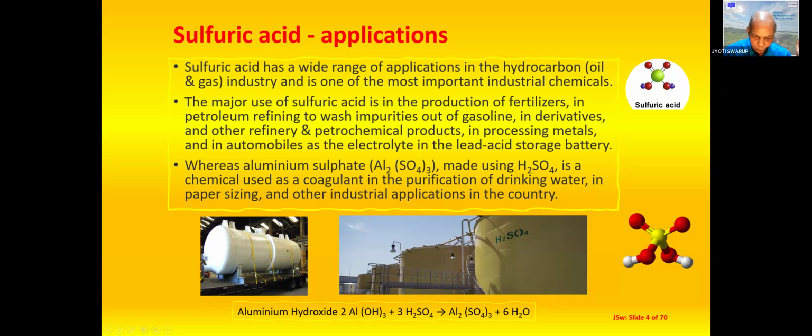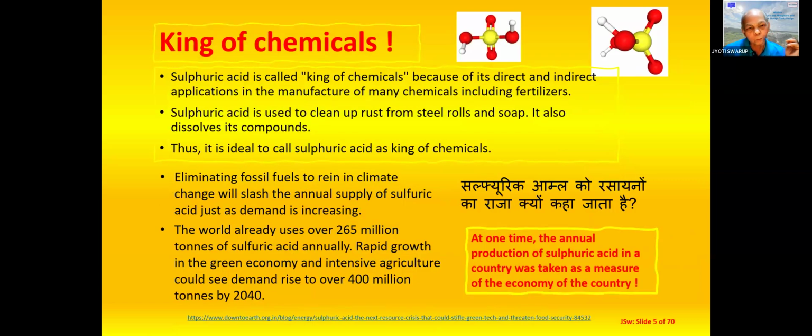Aluminum sulfate is made basically from aluminum hydroxide and sulfuric acid. If you combine the two, it makes aluminum sulfate, which is another chemical used in the paper industry and water industry, etc. Now, sulfuric acid is called king of chemicals